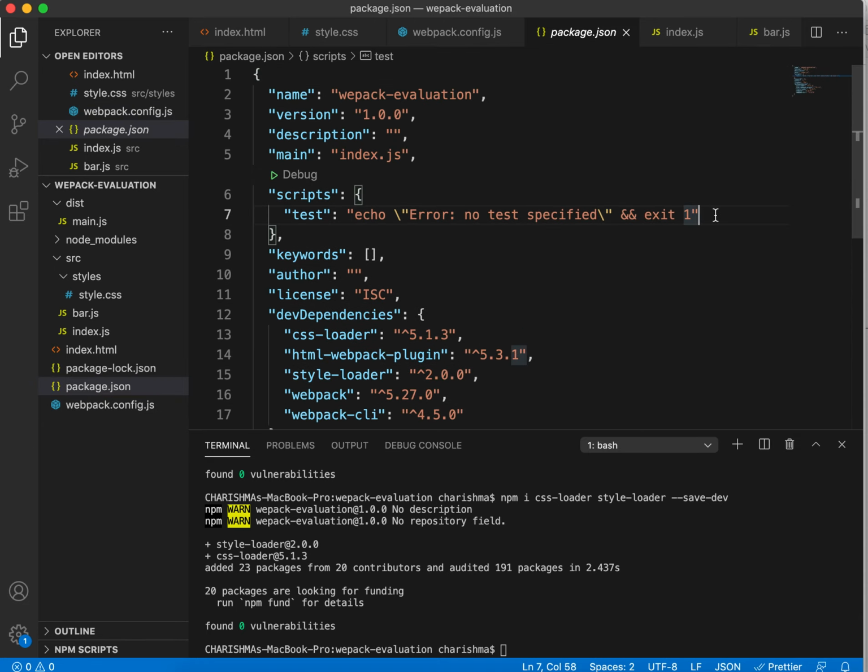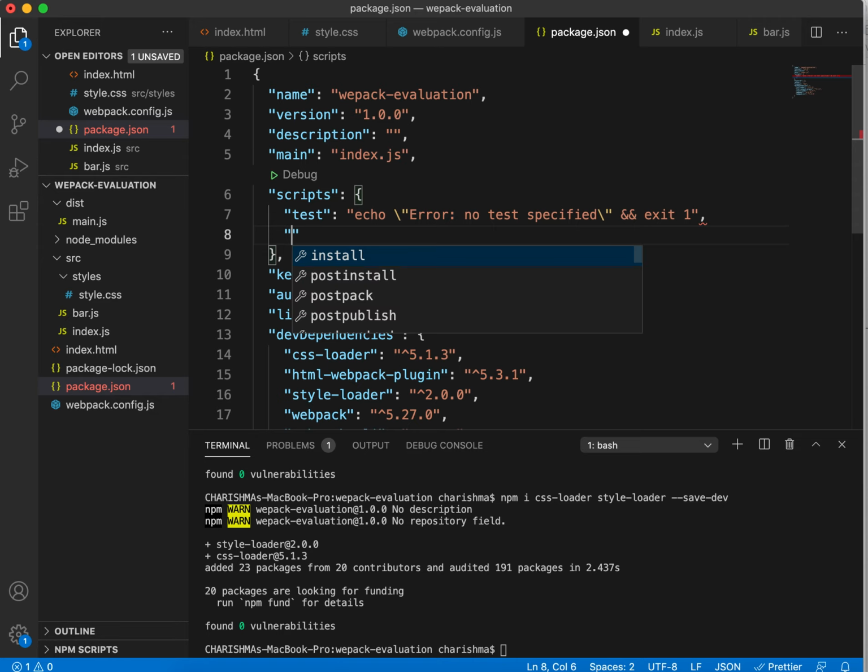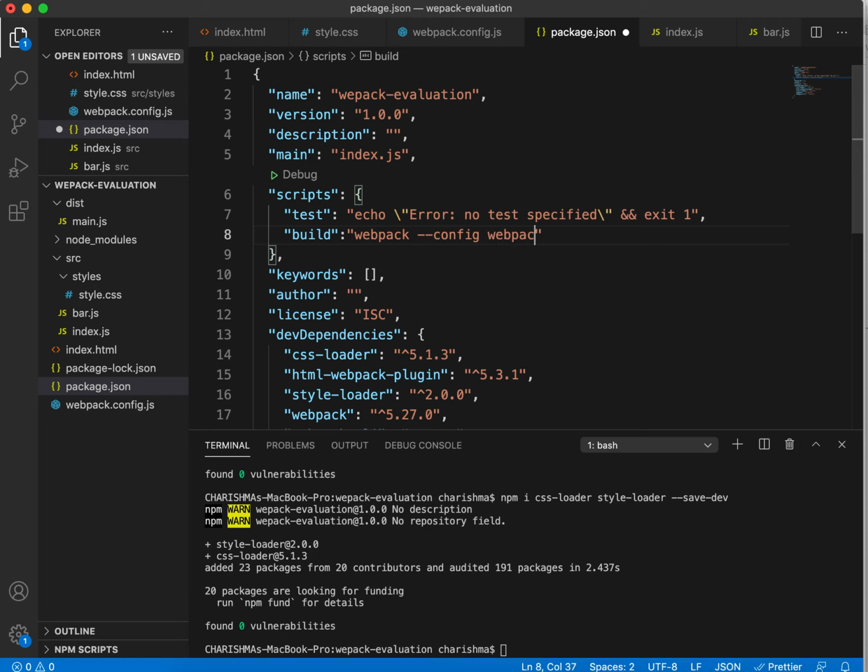inside the package.json script key. To do that, we are gonna create a build command, and the command goes like this: webpack --config. It says the config file is webpack.config.js, and also